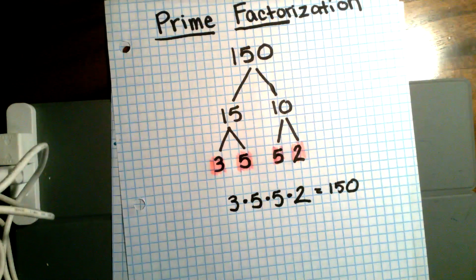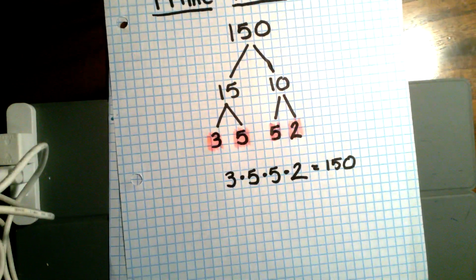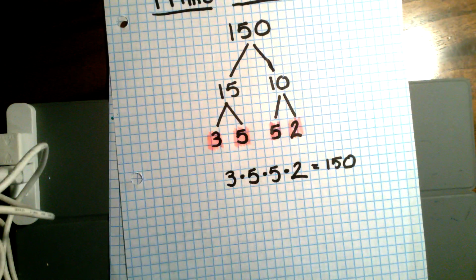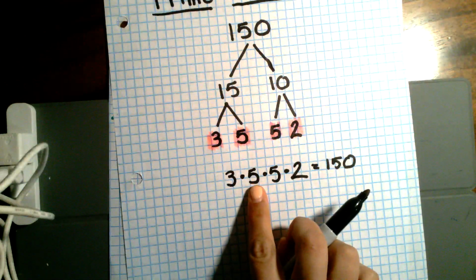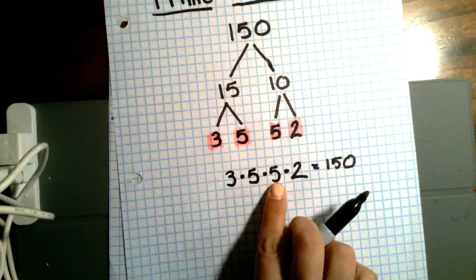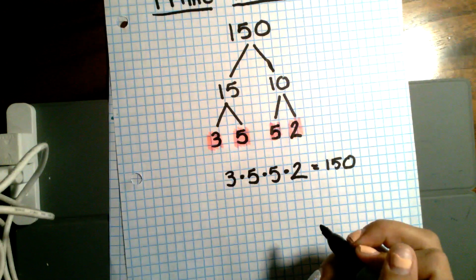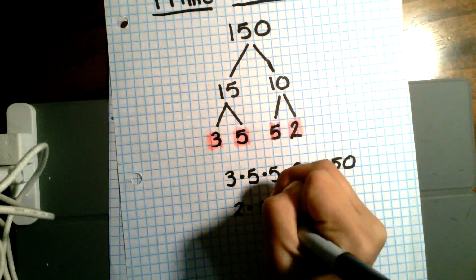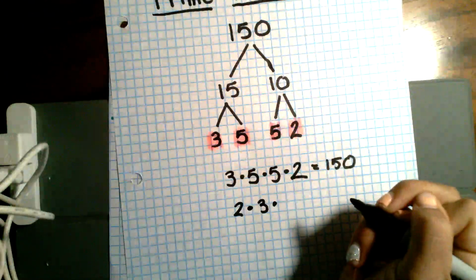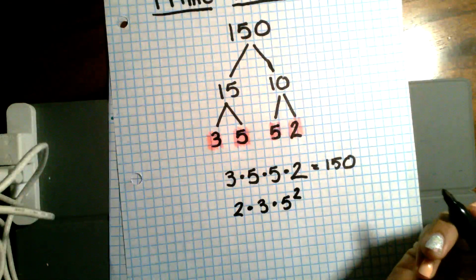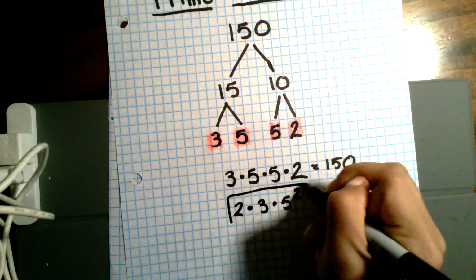which is pretty cool. Now, a lot of the time, these will be written with exponents in this way. If I have a value that appears more than once, for example, 5 times 5 can be written as 5 squared. So I could write this, and usually they go in order, as 2 times 3 times, and instead of writing 5 twice, I'm going to write 5 squared. And this would be the prime factorization